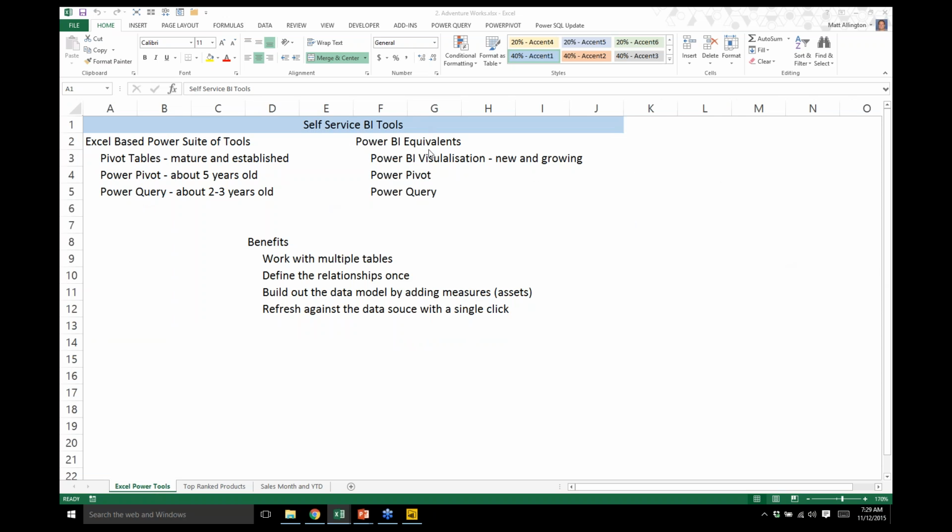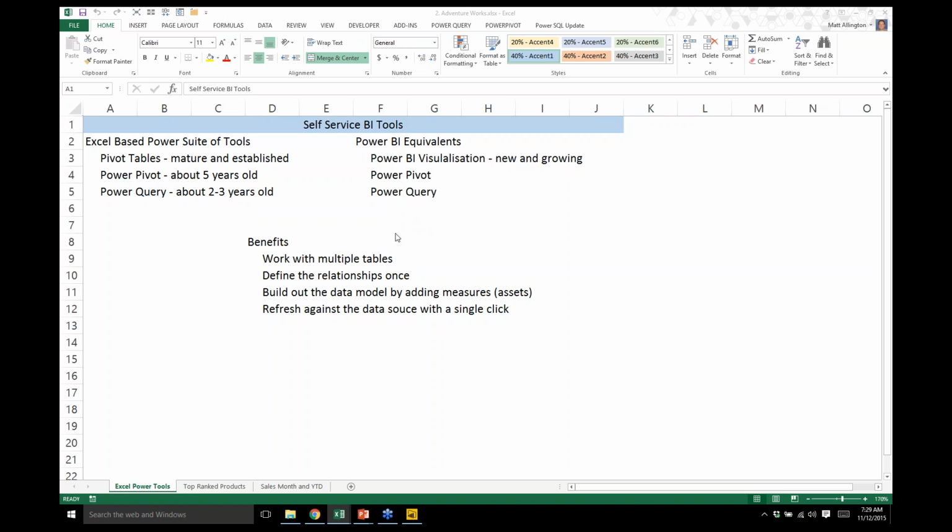And then more recently is the Power BI suite. So Power BI visualizations are brand new, and they're growing rapidly by the community and also Microsoft. And then these two products are almost identical. In fact, just an improvement on the Excel version. And so key point is, if you learn these skills here in Excel, it's actually a relatively painless migration through